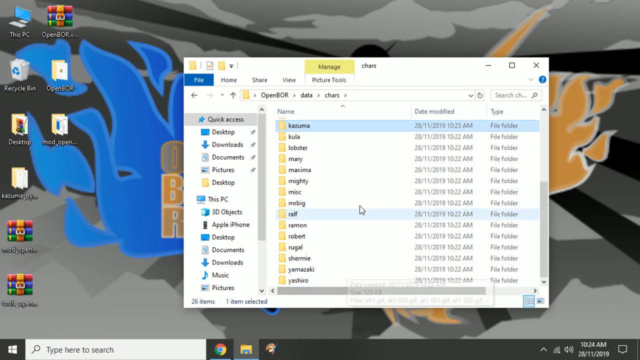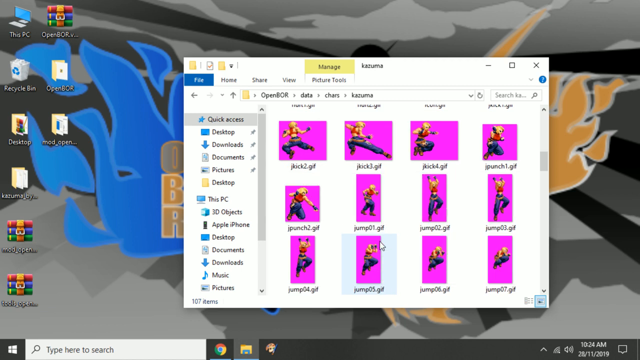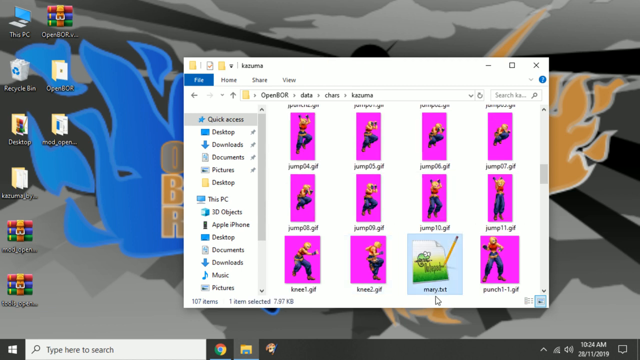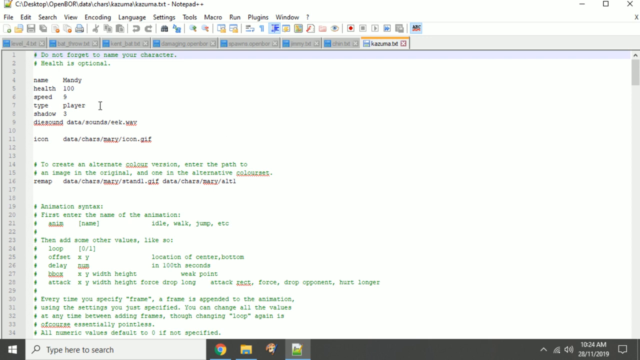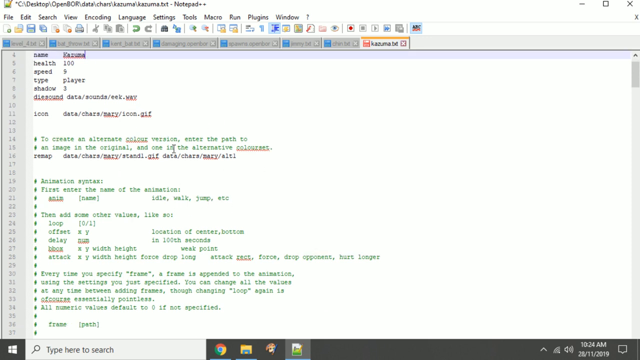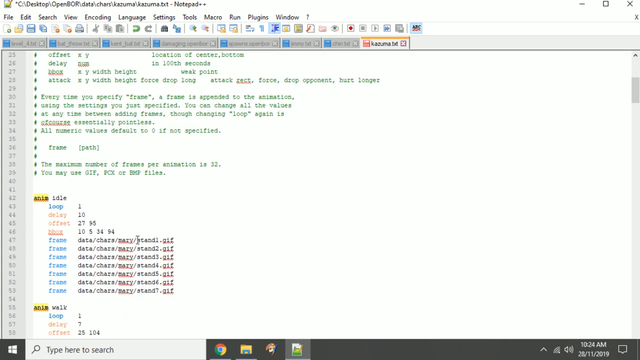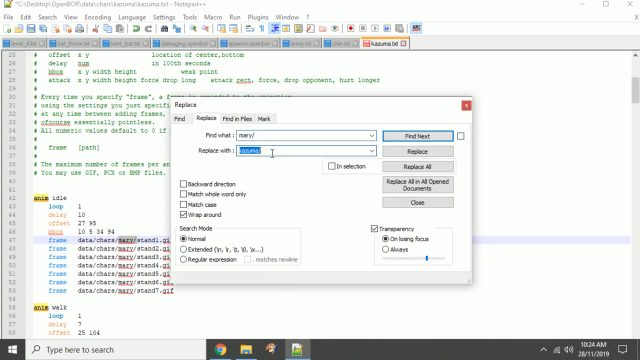So Kazuma, we'll name the folder Kazuma. We will name the character file from Mary txt to Kazuma, and go into that character file and rename the name to Kazuma. And now all the images are pointing to the Mary folder under character, Shars, and then Mary. So we want to change Mary to Kazuma. So let's just Control and H that. So from Mary / to Kazuma / let's replace all of those,